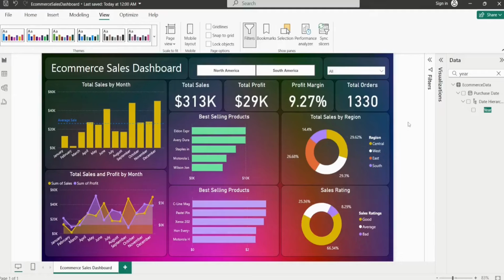Hi guys, this is Saad Qureshi and today I'm going to show you how to create this e-commerce sales dashboard